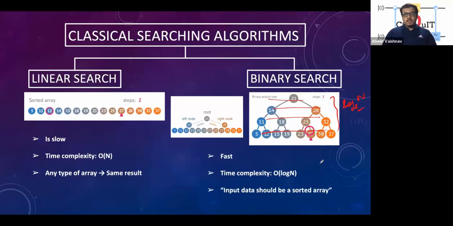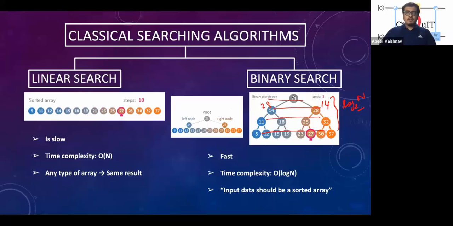And the next thing is sort of like a con, but the input cannot be any type of input. You always need a sorted array in this case, because if it is not sorted, then I'll have random values. So let's say 21, here in this case it's 14 and 28. But let's say both of them were exchanged, so this 14 and 28 were exchanged, and this now becomes an unsorted array. So now 28 will come here and 14 will come here,